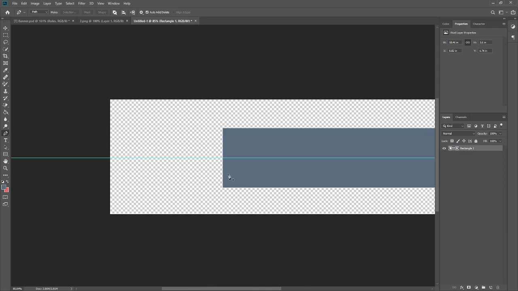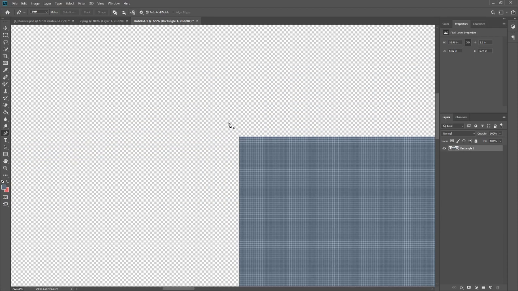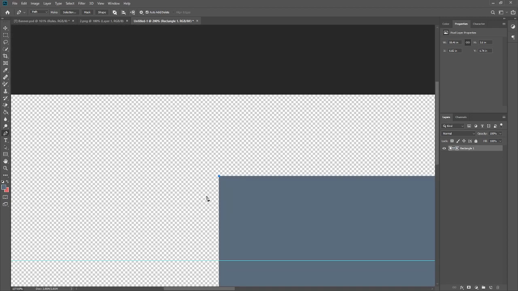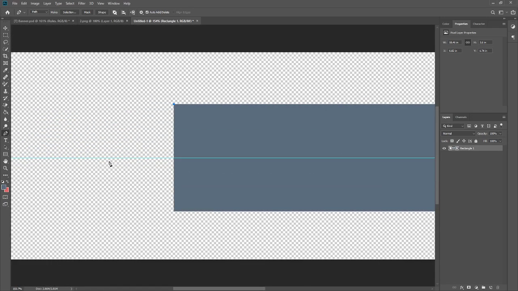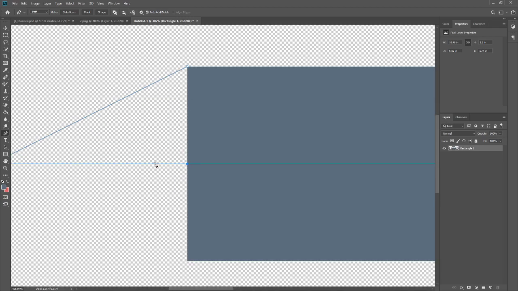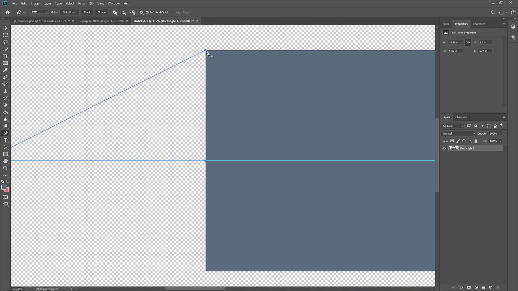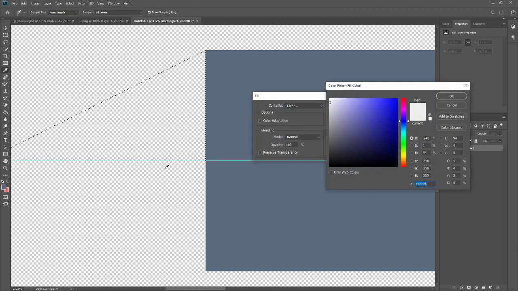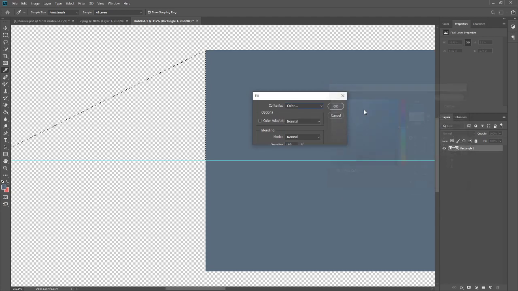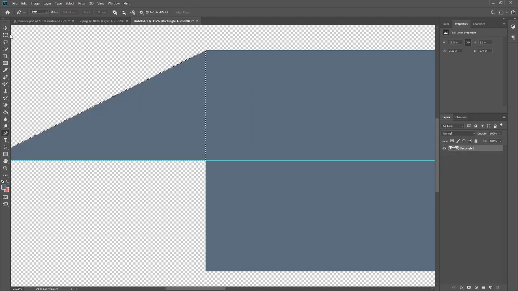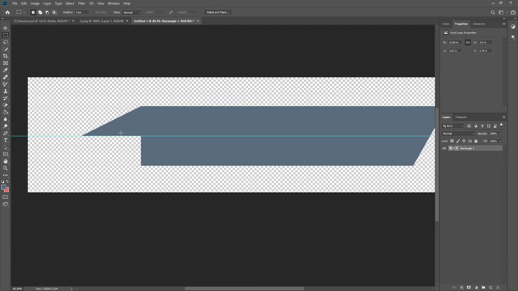Because this is going to make it easier for us to make sure that the right side that we make, or the top side, is going to be perfectly symmetrical to the other side and doesn't have any weird little bumps to it. Did I make it right in the line? I did. And then make selection, then hit OK, and then Shift F5. That's going to pop up this, and we're going to do color. Select this color, hit OK, and there we go. And now we have the top side.